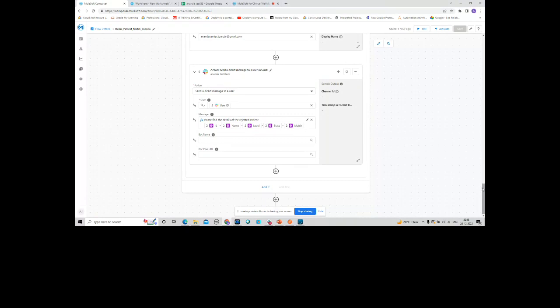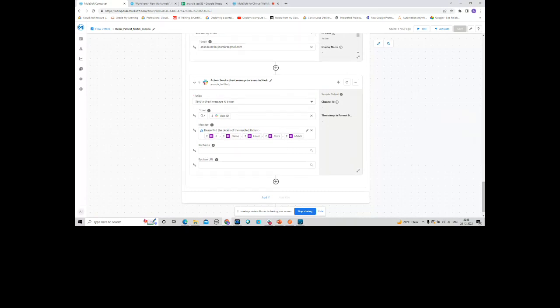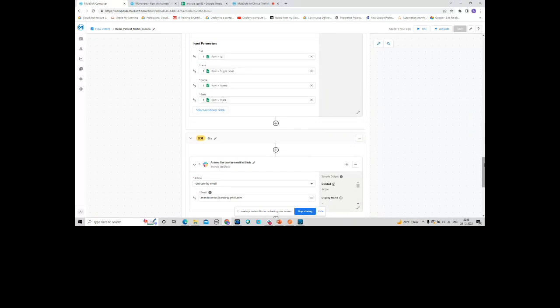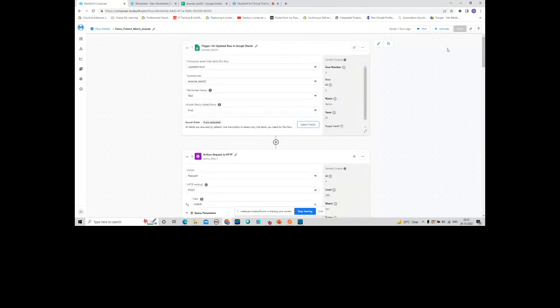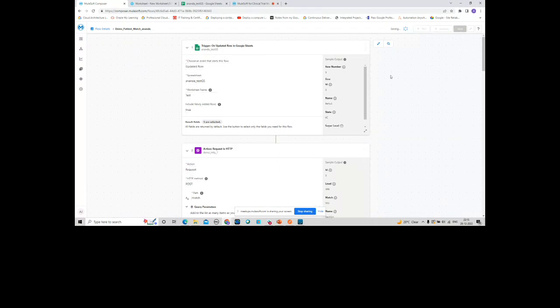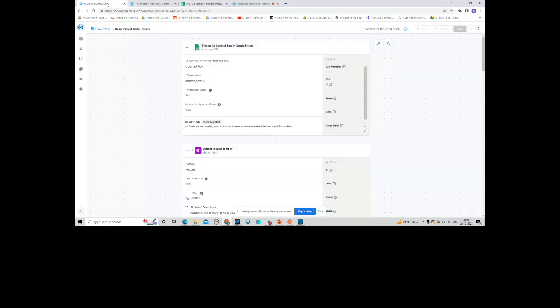Now let us see this in action. I didn't activate it, it's a flow, and I'm going to test it. Give it some time so that it starts and is ready.